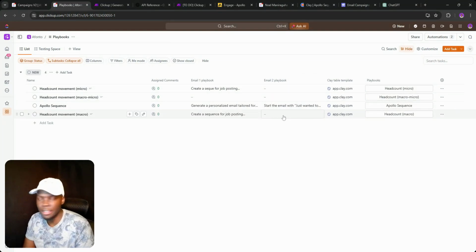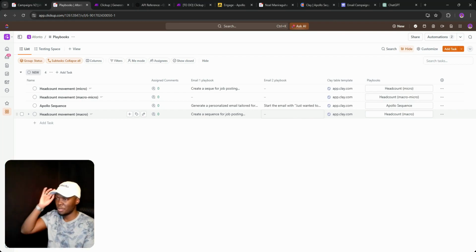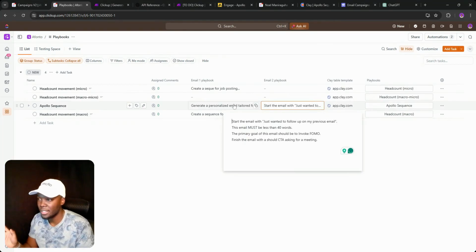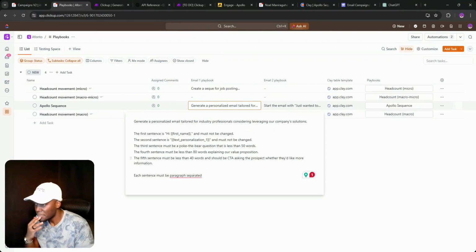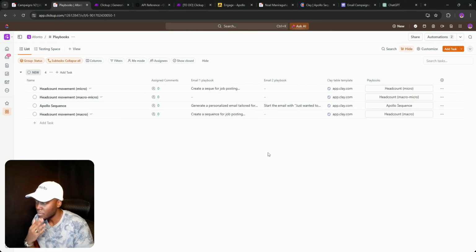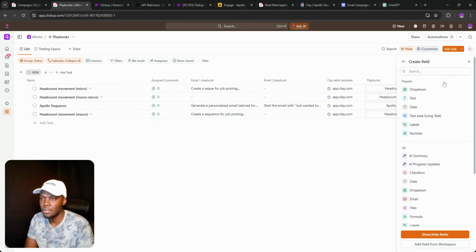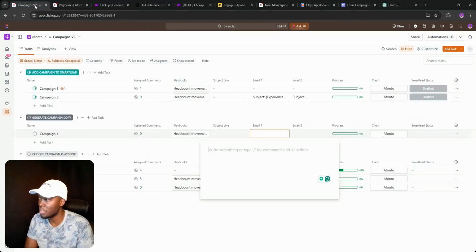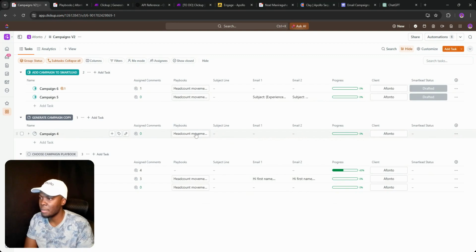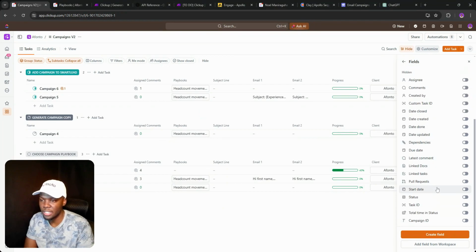Okay, so I think right now we're good, right? We've created the playbook. It's not perfect. It's literally just here. And something that I had previously mentioned is that, because of the way this is set up and structured, campaigns get playbooks, right? So the campaigns are going to get playbooks, and then with those campaigns we can have